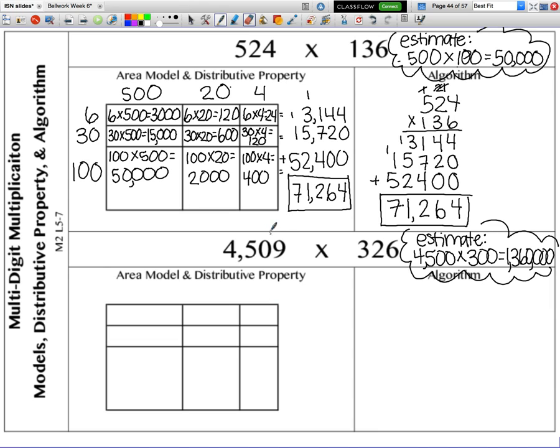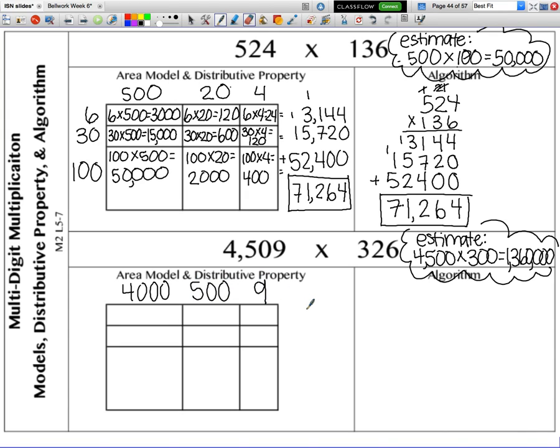It's because this 0 right here, I don't have any 10s, so I don't have to do a whole row where it's just going to be 0, because I know anything times 0 is just 0. So we went ahead and left that one off. So we're just going to start with our 4. It's 4,000 plus 500